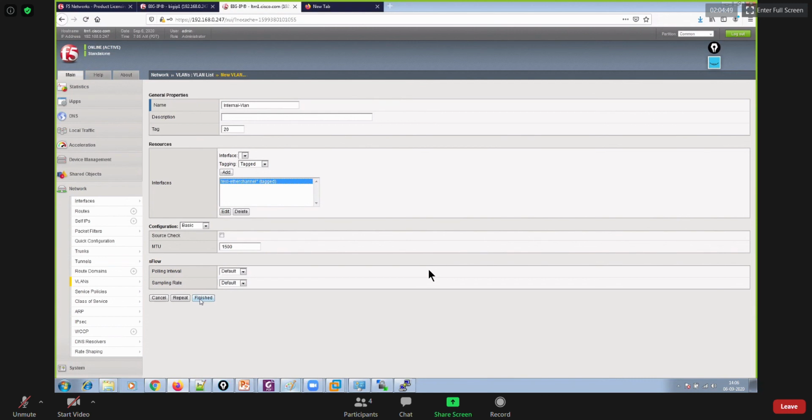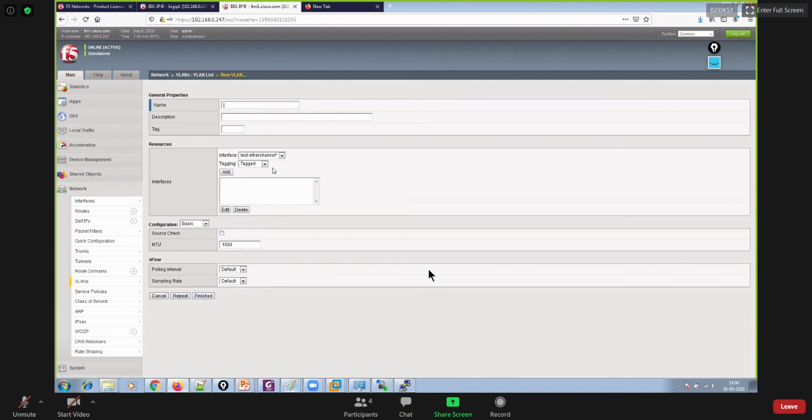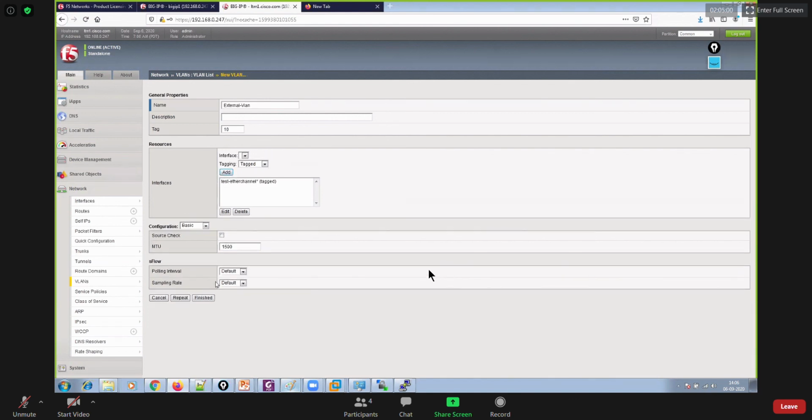So go ahead and repeat it because I want to create one more VLAN, like external VLAN, which is my VLAN 10, through which I'll connect to my router, and again Ether channel tagged because I want to add the tag because whenever I give my frame to my switch, it must keep the tag of the VLAN. That's why I'm enabling the tagging over here, right? So go ahead and finish it.